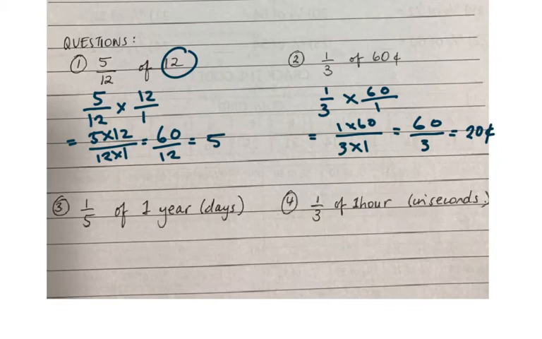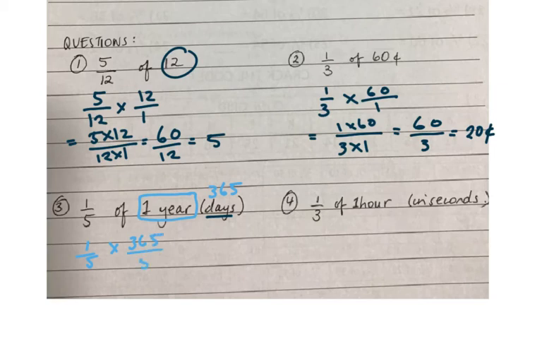Here we've got 1/5 of 1 year, but we want the answer in days. So what we have to do first is change our year into days. So how many days in 1 year? We've got 365. So we write 1/5 times 365